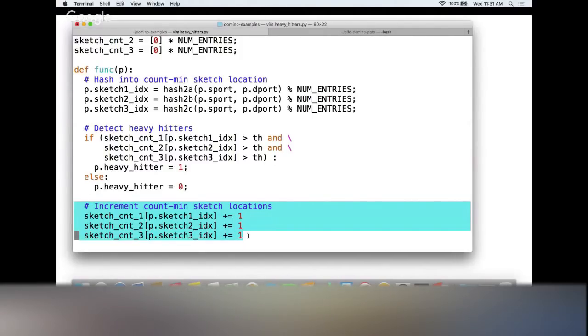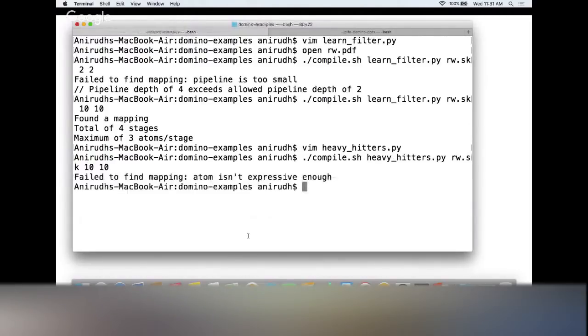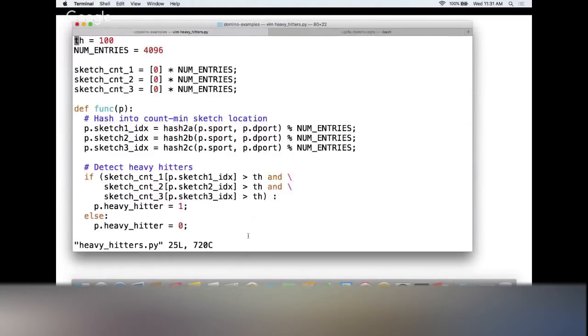Okay, now let's see if the compiler can compile the heavy hitters algorithm to a pipeline of the same read-write atoms from before. So it takes a while, and this time it fails to find a mapping because it says the atom isn't expressive enough. And if you look at the heavy hitters algorithm, this should make sense because the stateful manipulation within,